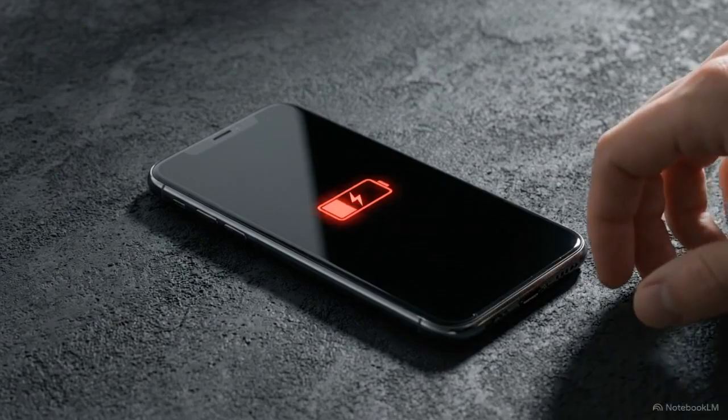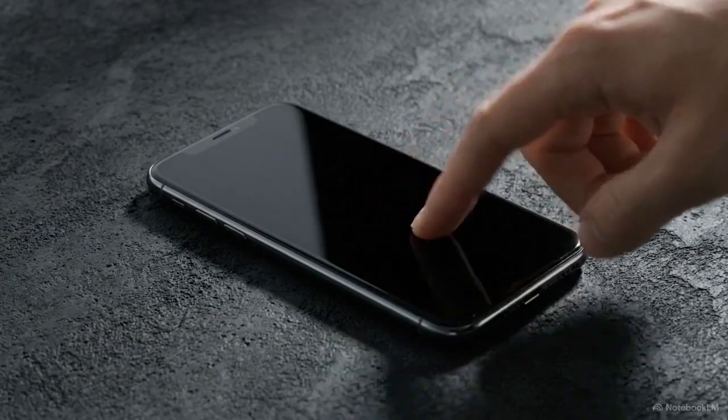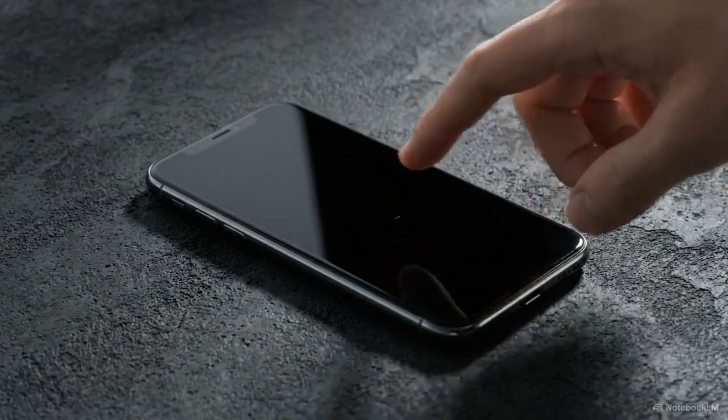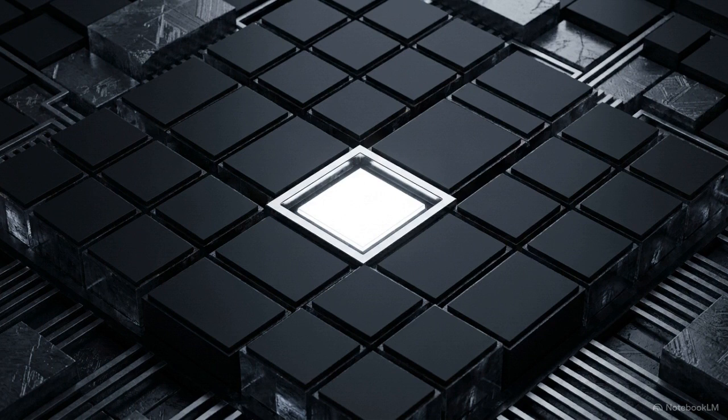Your smartphone is dead. The battery is drained, the screen is completely dark, and it won't respond to your touch. Yet, even in this powered-down state, thousands of your photos and apps are being held perfectly in place. To see how that's possible, we have to look past the glass and focus on just one tiny pixel of